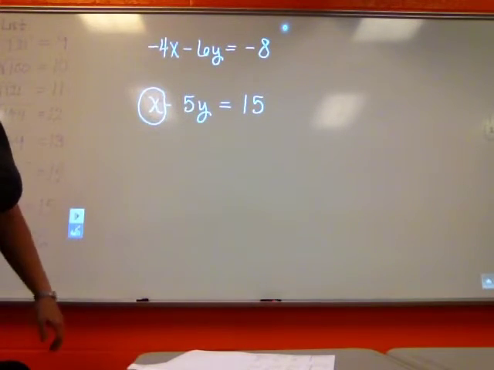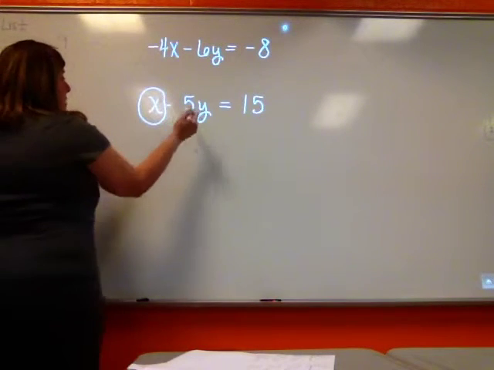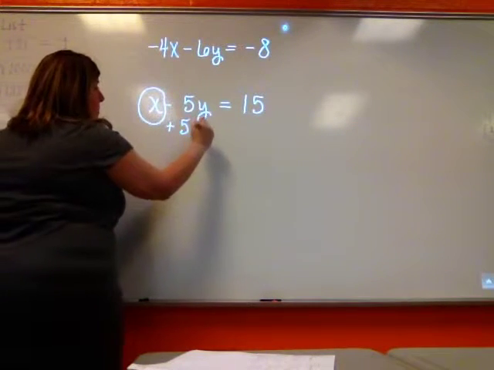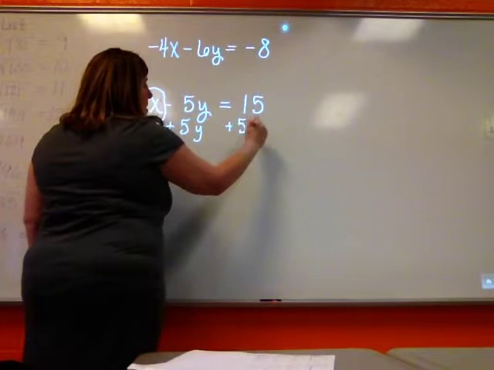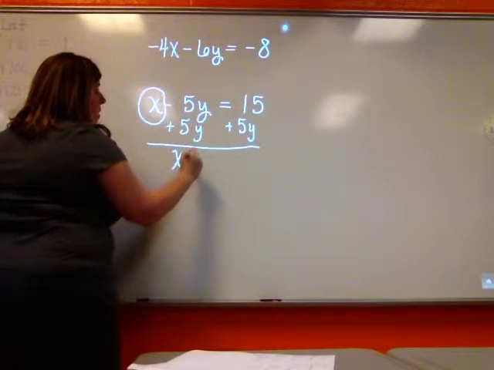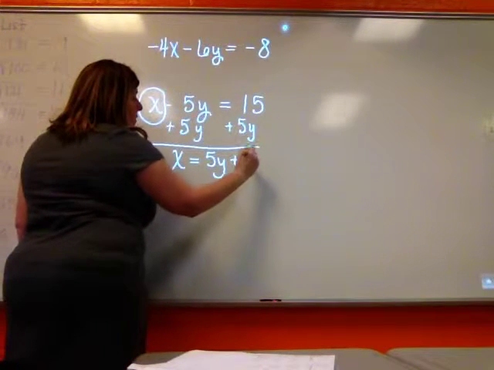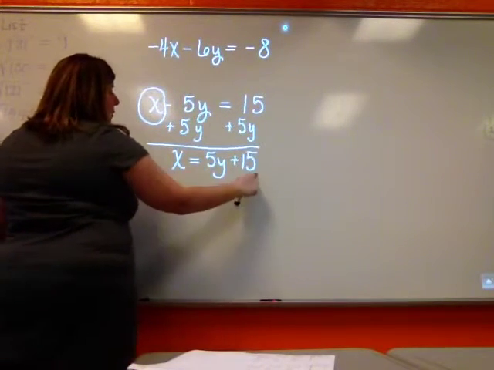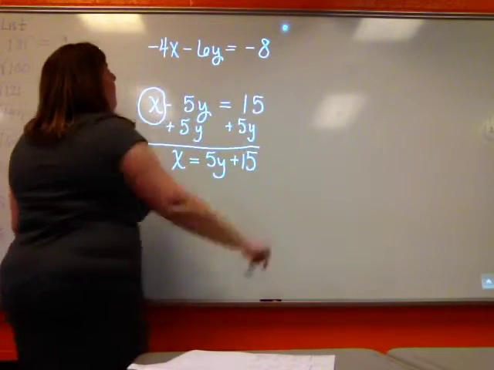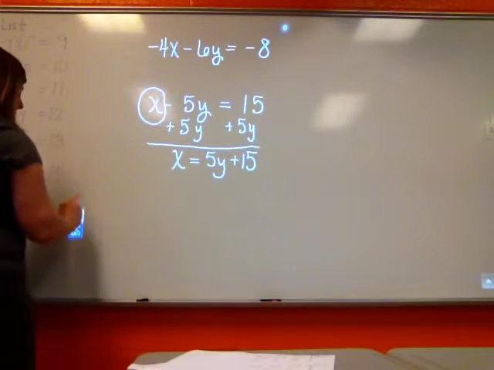Now, in order to solve for my x, that means I need to move my negative 5y. So the inverse of that is to add 5y. So that my actual equation that I'm going to be working with is x equals 5y plus 15. So I've got x is equal to 5y plus 15, and negative 4x minus 6y is equal to negative 8. Now, because this is solved for x,